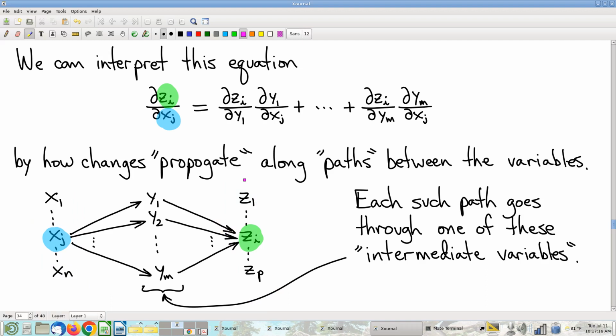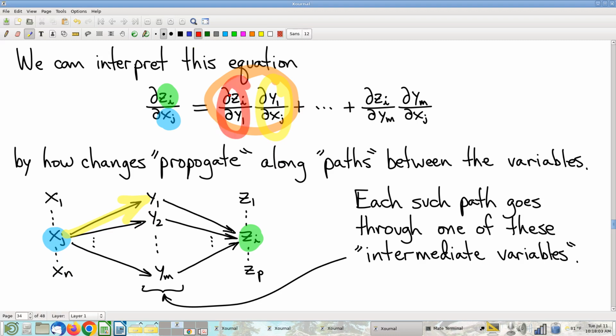How am I going to interpret this formula? I propose as follows. Let's look at this first term. This first term, the inside of here, partial of y1 with respect to xj. I'm going to draw this arrow right there. Partial of y1 with respect to xj says, look, I'm going to jiggle xj a little bit. As I move xj, that's going to cause y1 to change. And that partial derivative is the factor keeping track of how much the xj change gets magnified to become the y1 change. But now,